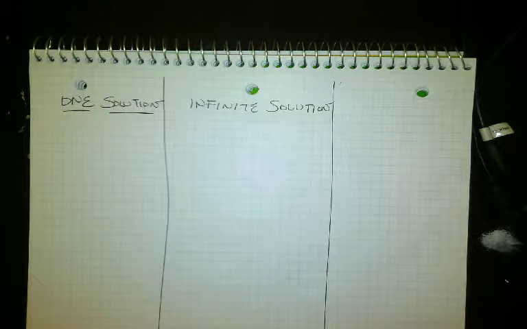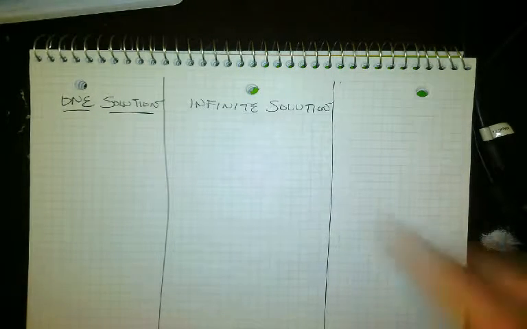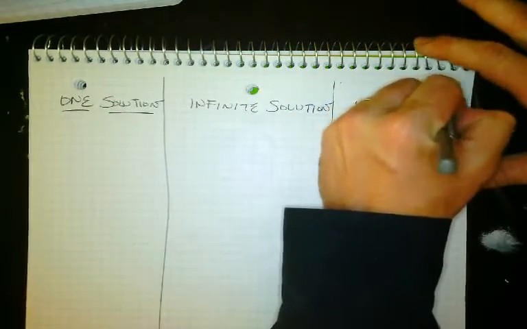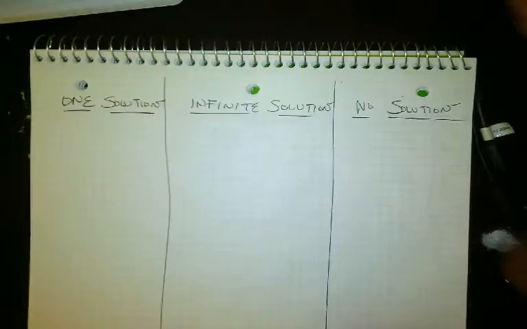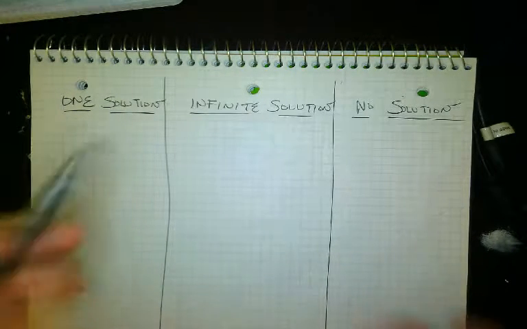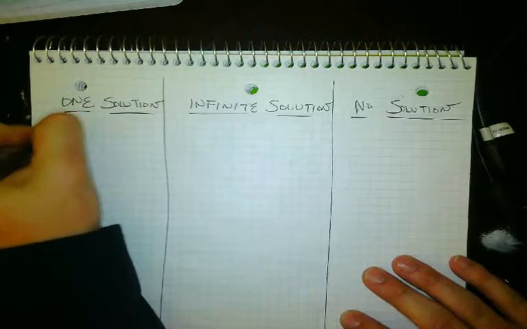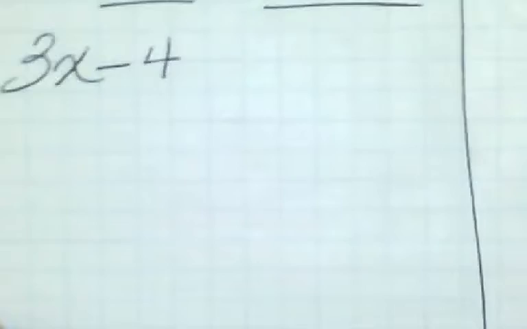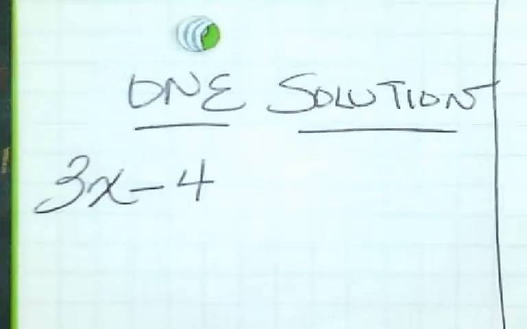Okay. After we have infinite solution, then we're going to have no solution. Okie dokie. 1 solution. Let's try just a regular old 3x minus 4. Is that okay? 11. And then on the other side,